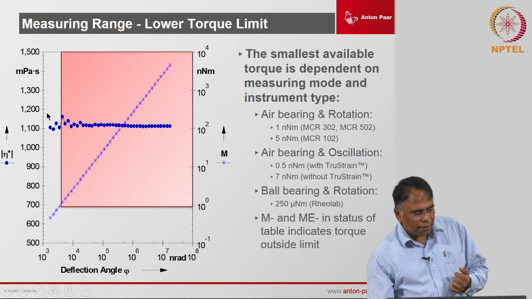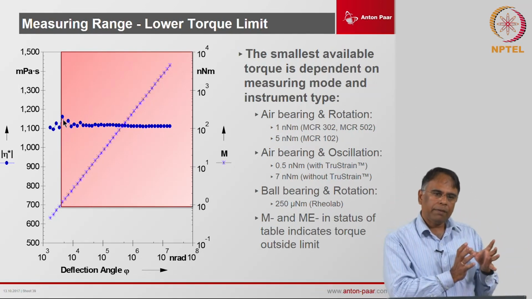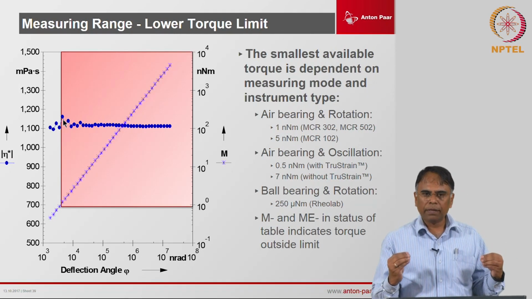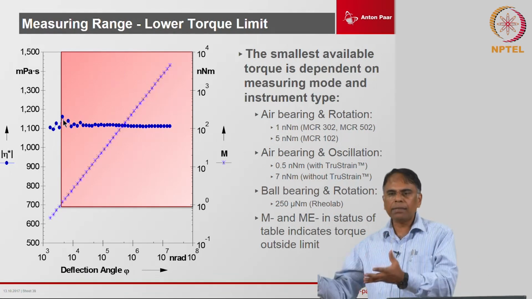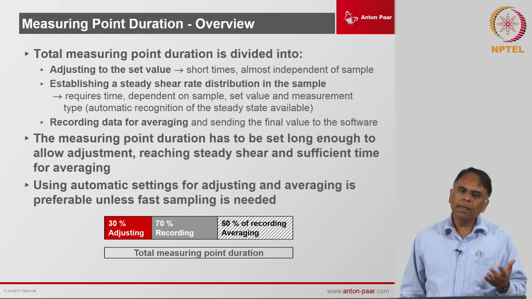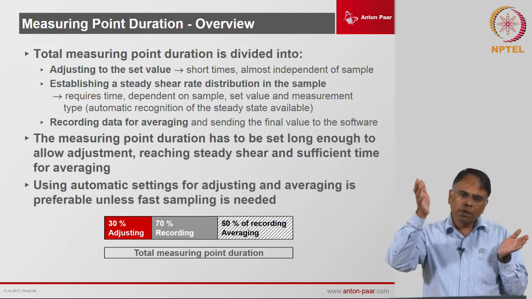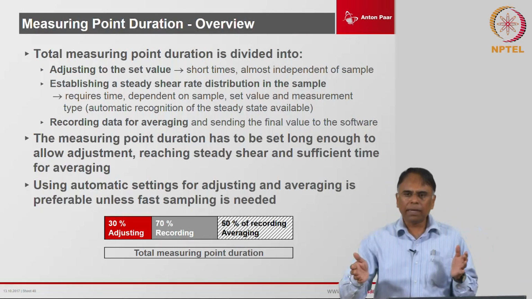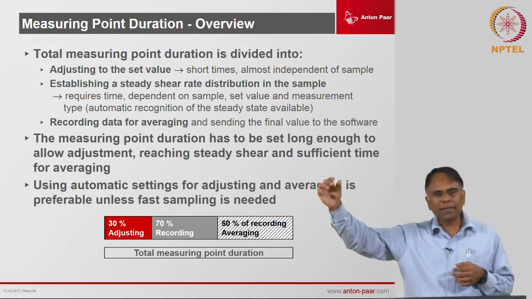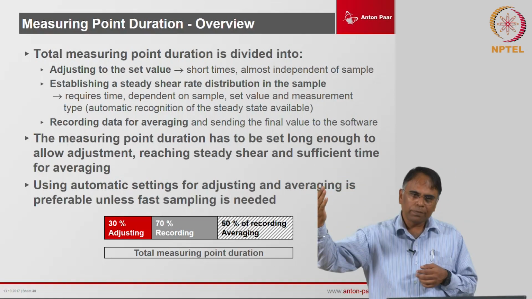You can see that when we approach the low end area, specifically, the signal to noise ratio is not good and the quality of the data becomes bad. So, always look first at the torque values that are coming. All the rheometers have the facility to plot even the torque, so you can plot the torque in the table and look at the values. Many of these rheometers will also tell you a certain status value, like M minus, for example, indicating that the torque is too low.